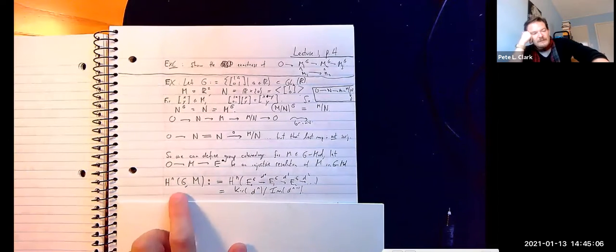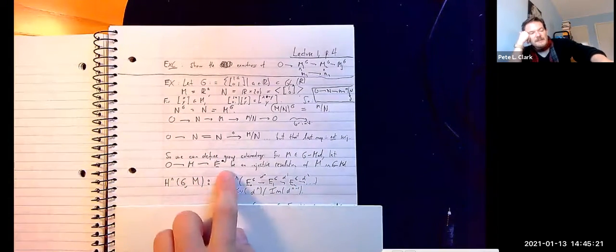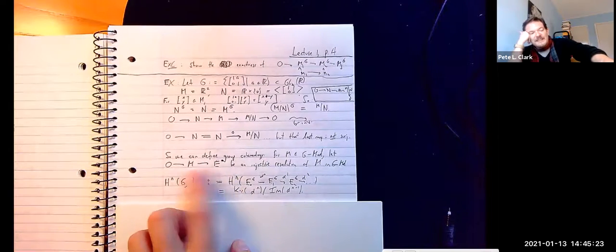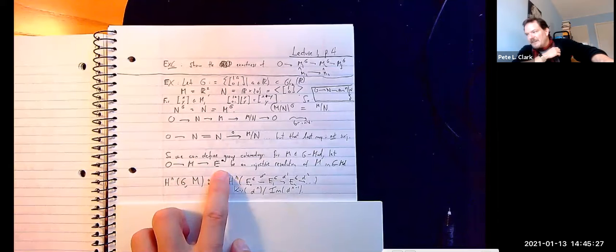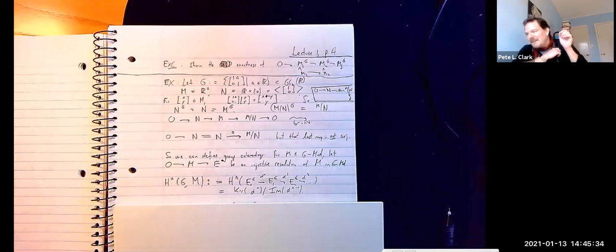So by our first definition, the group cohomology of G with coefficients in the G module M, for any non-negative integer n, is the nth cohomology of this cochain complex that I get by stripping away M and applying the functor. And by the way, this is precisely the recipe that homological algebra tells us to follow. If you've never seen this before, flip to the appendix and look up how